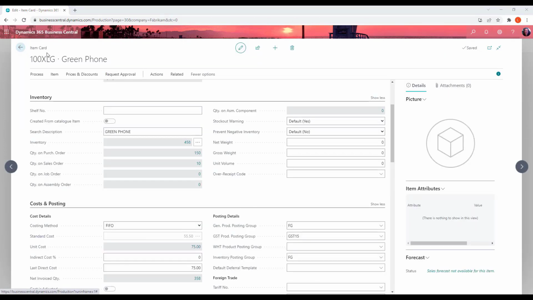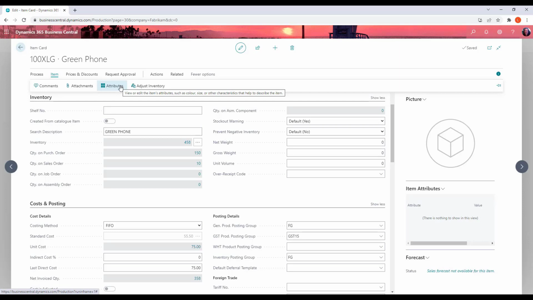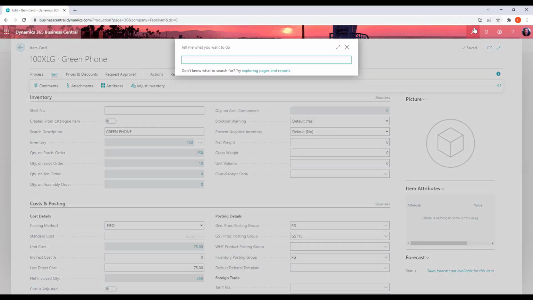So the other key thing to note if we look from the main item card is that you've got some functions here to attach attributes and have attachments against your documents. You can see on the right hand side you can load a picture against it, and this would list any attributes that you've got associated with it. And you've also got this little forecast button down here. So if we just have a look at our forecast area,